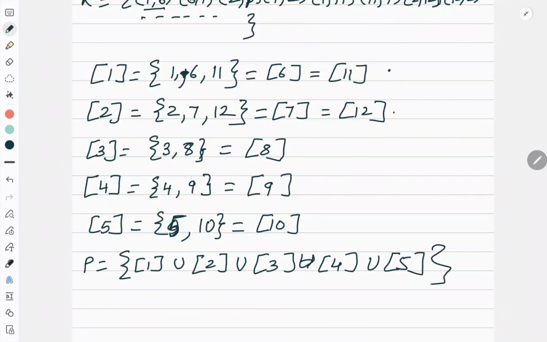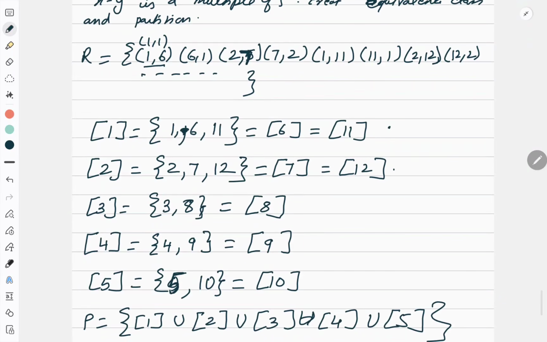See, it is so easy. Now here I will tell you one more thing. Suppose from this partition you want to write down the relation, how will you write it? See, it's very easy. Actually, I should have told you in a small question, but let me explain here only. First you start with the first partition equivalence class.